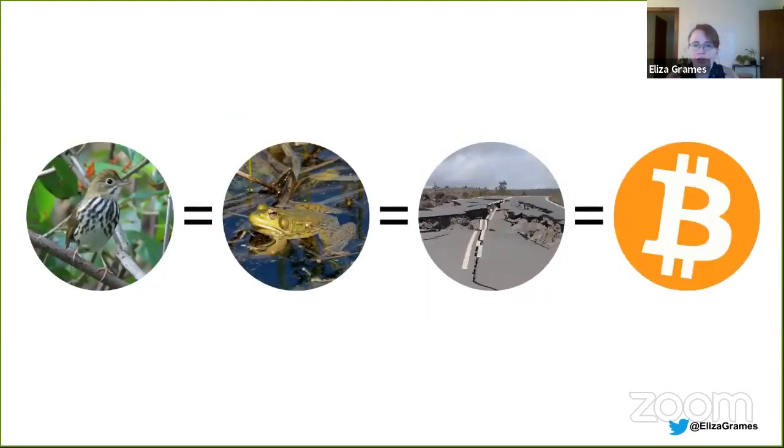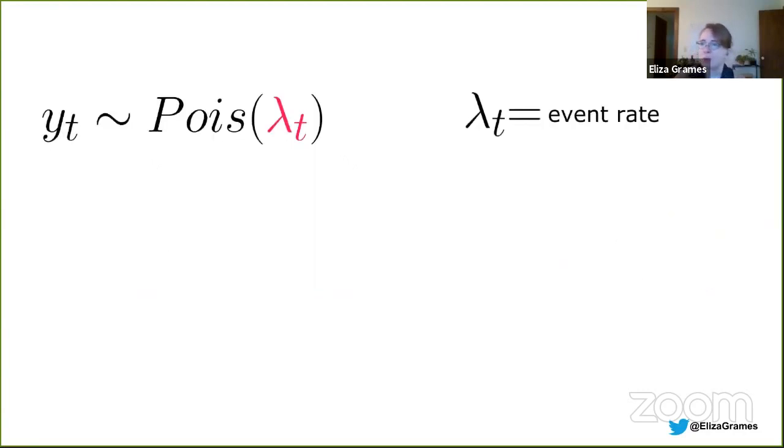And so I think we can use the class of models that would be used for modeling stock market trading or for earthquakes to actually understand these behavioral motivations for why animals are emitting signals. So I'm going to walk you through the general structure of the model and then an example applying it to birdsong and frog calls to show how you can use it for animal communication.